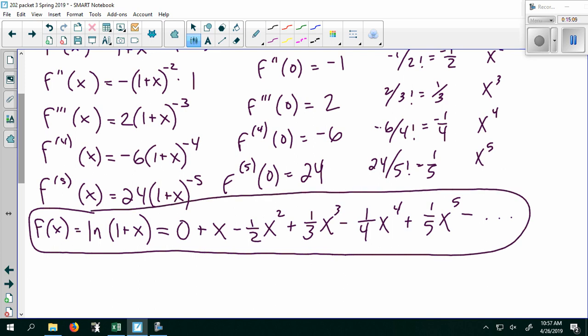So those coefficients are reminding me of something. It's the harmonic series, right? The alternating harmonic series. Just the coefficients. If you ignore the x's, you have 1, a half, a third, a fourth. That's the harmonic series, and it's alternating. So we know it converges. We know the alternating harmonic series converges by the alternating series test. Using this